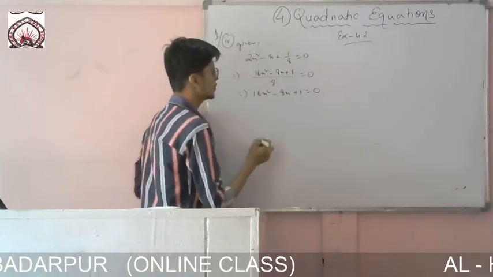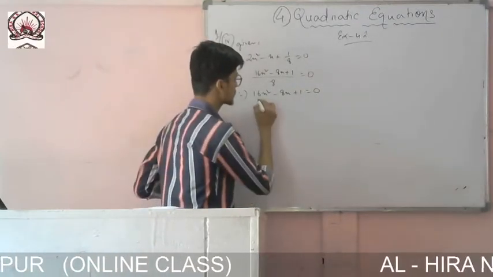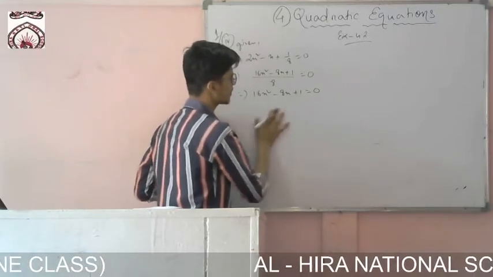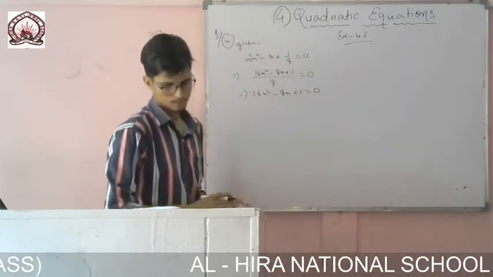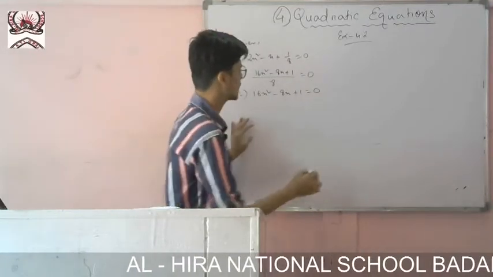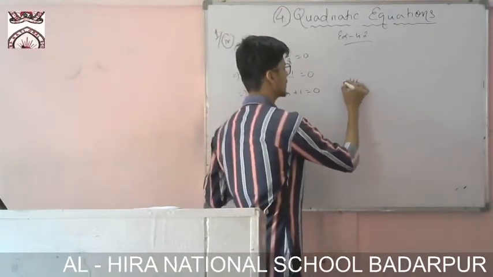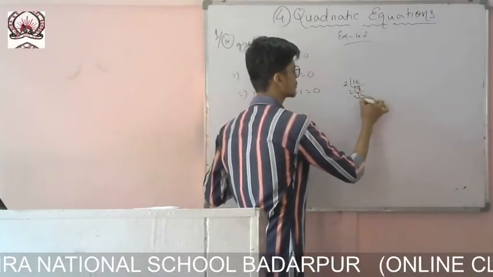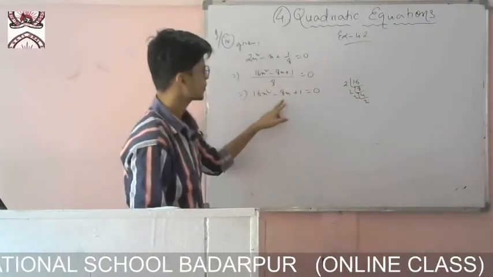So now what I will do, I know the formula. First of all, I will multiply this one by that one. 16 ones are 16, 16 ones are 16. So how to find this 16? If I find the LCM, what I will get? 2 8s are 2 4s are 2 2s are. So now what I have to get? I have to get 8.